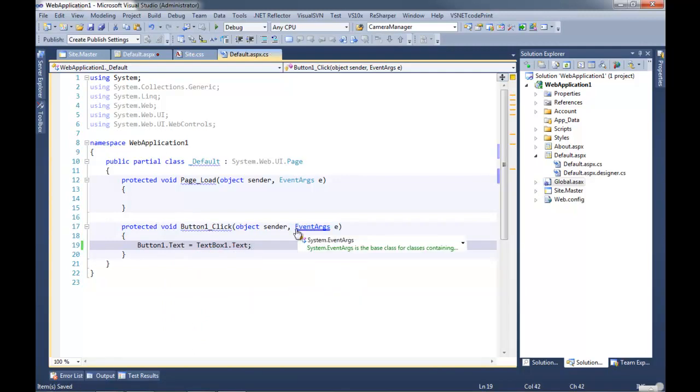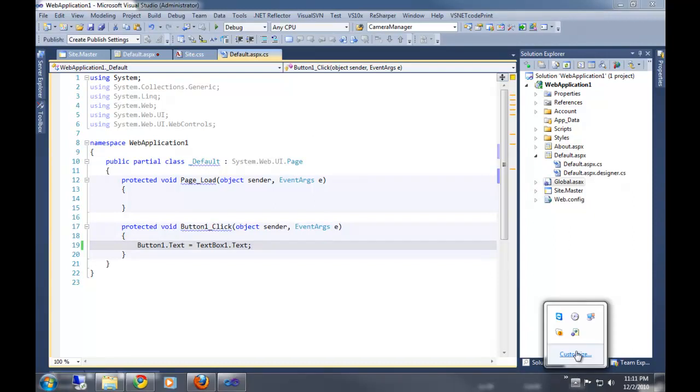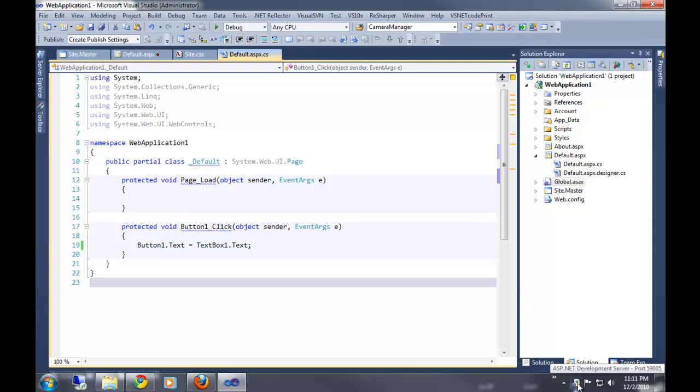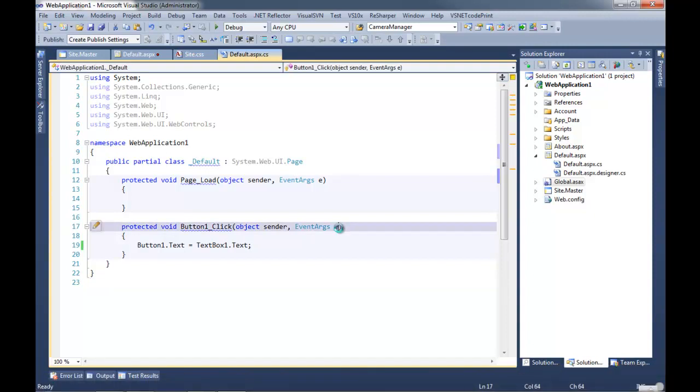Remember, Control F5. The reason I'm doing Control F5 is because if I did F5, it would launch the debugger. And quick note: the ASP.NET development server is perfectly okay to keep running as you do development. In order to trigger this ASP.NET web development server to start using your newest code, just hit Control-Shift-B, and that will recompile your application. And it'll do two things. It'll recompile your application, and it will kick the development server and say, hey, you got to restart.